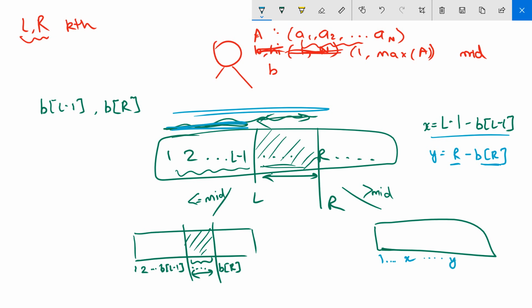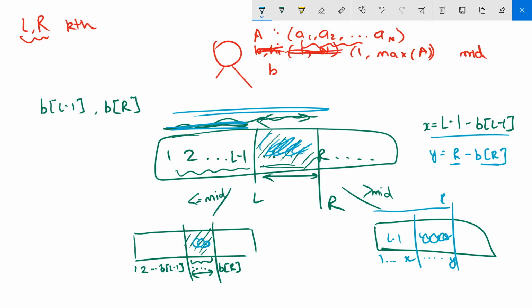Fine. What next? You know that these many entries are from the first L minus 1 and these are from the total R. So these are coming from this region. So this region is exactly divided into two parts, two subsequences I should say. The left subsequence which occurs over here, and the right which occurs over here.